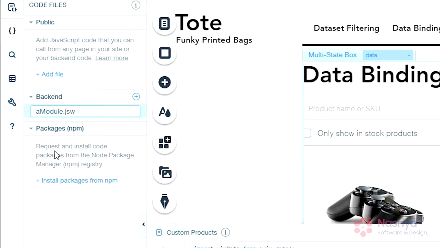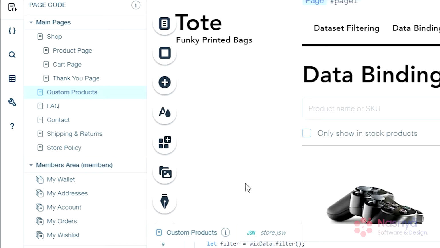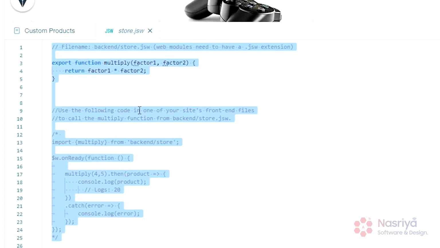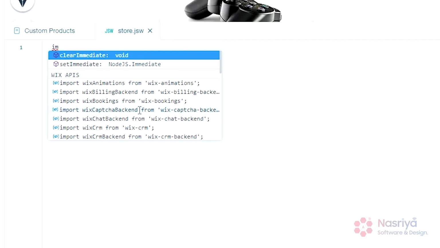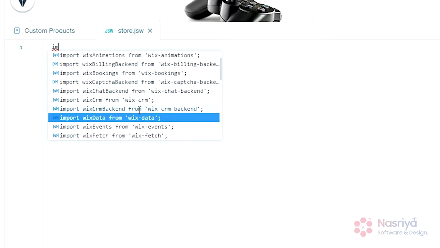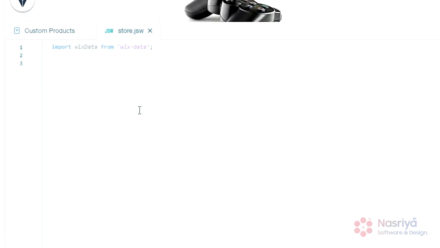create a backend module. I'm going to call it store, and I'm going to import Wix data and create a function, and make sure to include the export. Otherwise, the front end will not be able to call this function from the backend. So export function getCollections,